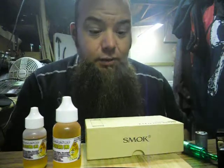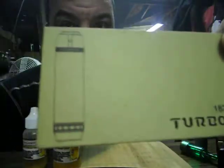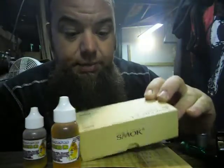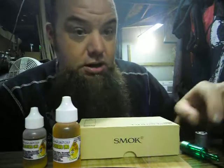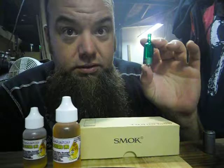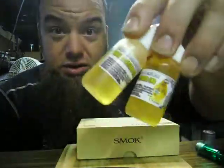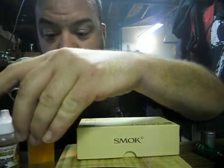What did I win today? Well, I won a turbo mod. It's an 18350. And it came in a nice little box. I got a charger, a battery, a nice little cardo tank. It's a SMOK GBC cardo tank. And 2 fatty bottles of vanilla custard. I'm really excited to talk to you guys about this because I'm